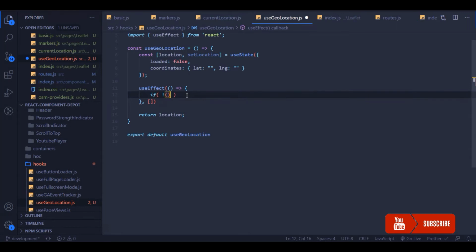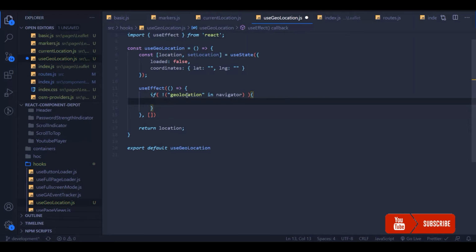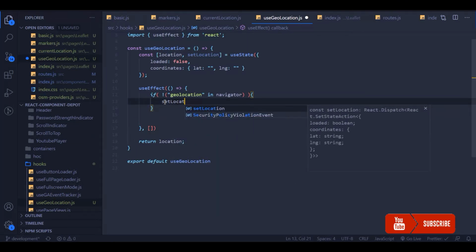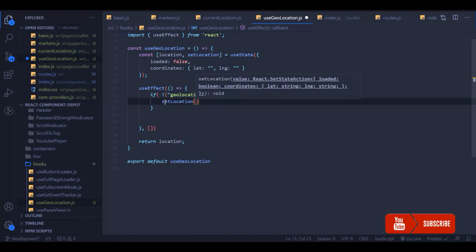Here I'm going to check if the browser supports the geolocation API. If it doesn't support this API, I'm going to return some error so that the user will understand that the browser doesn't support geolocation. So if it is not available in navigator, then we can set this error attribute inside our location, and we can also make loaded true.